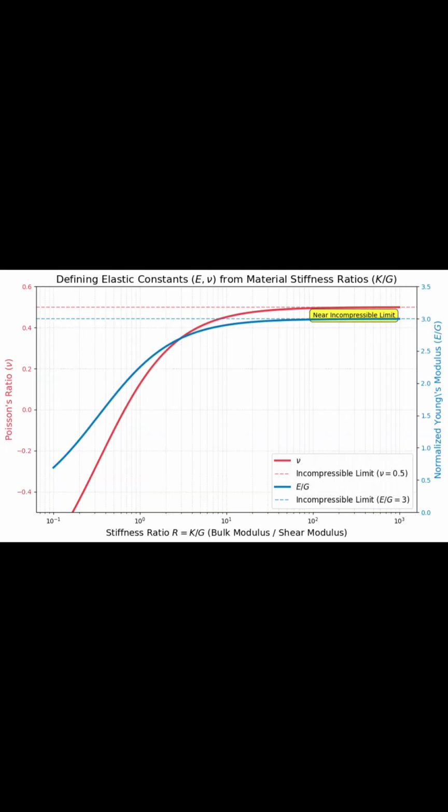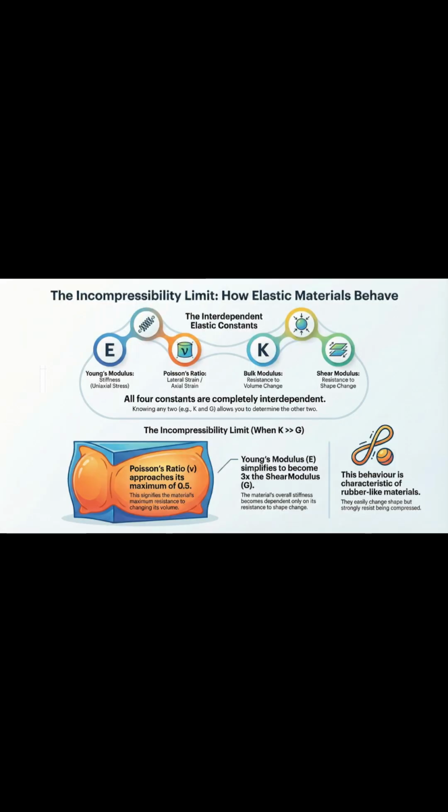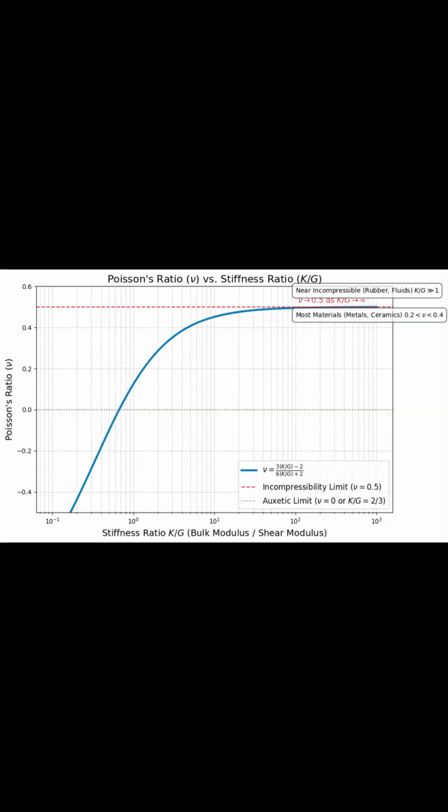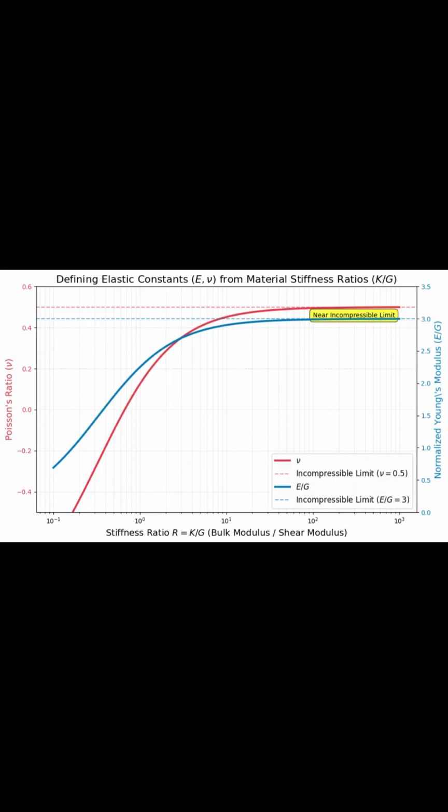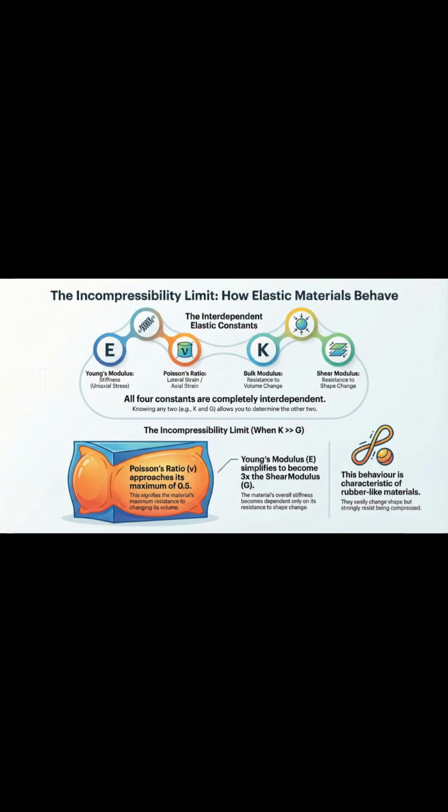Finally, you can see this really clearly in materials like rubber, which are nearly incompressible. In this extreme case, the bulk modulus is way higher than the shear modulus, so two things happen at once. Poisson's ratio approaches its max of 0.5, and Young's modulus ends up being about 3 times the shear modulus. This tells us that for something like rubber, its overall stiffness is dictated entirely by how hard it is to